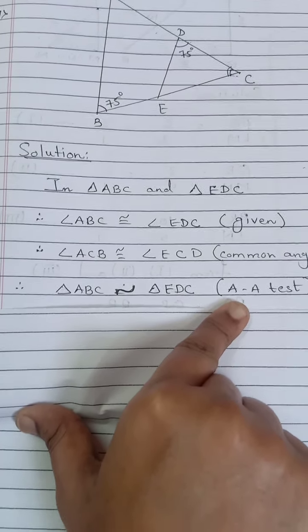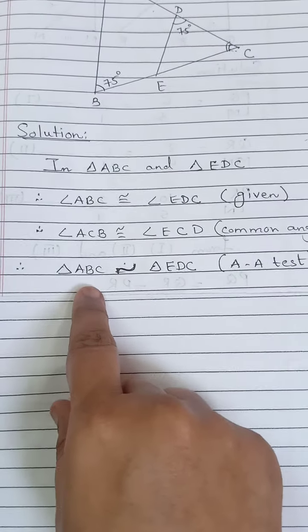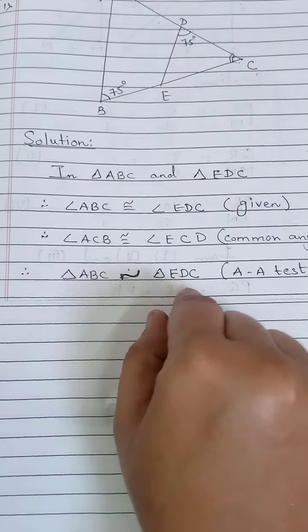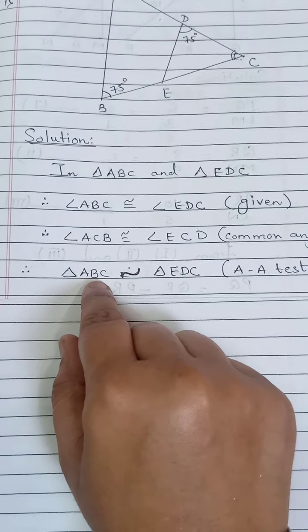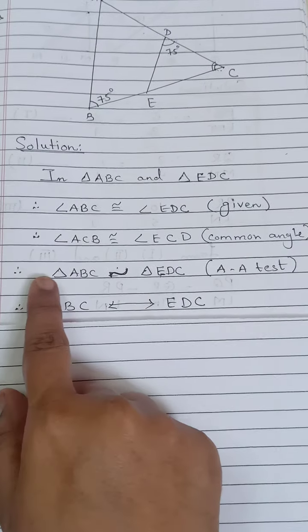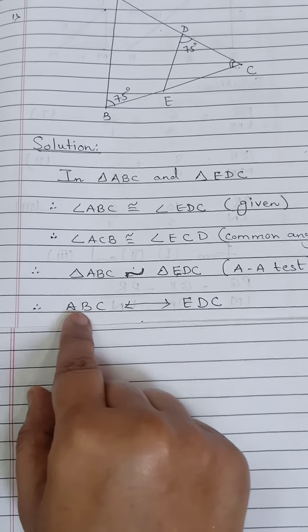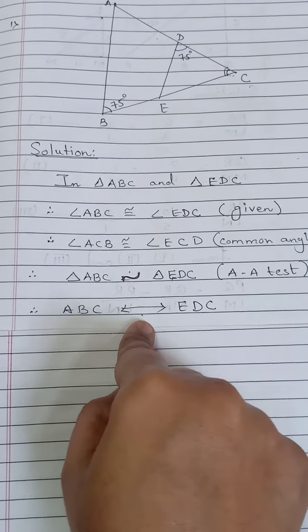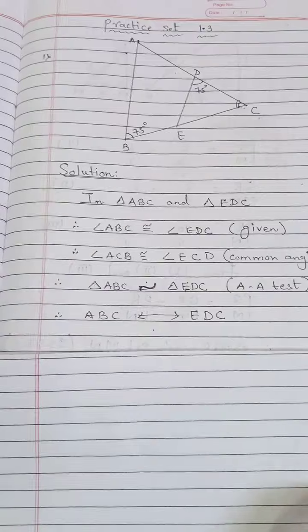Now we have to write the last part, which I have already explained to you, that is one-to-one correspondence. Already at the start we have taken the names of the two triangles according to the correspondence. So the same naming we will copy, and we will write ABC corresponds to EDC. This is E. Now we will take the next, that is ABC. No need to write the sign of the triangle. We are writing here the correspondence of the points. Therefore, points ABC, this is the sign for one-to-one correspondence, for EDC. So like that we have completed our question number 1.